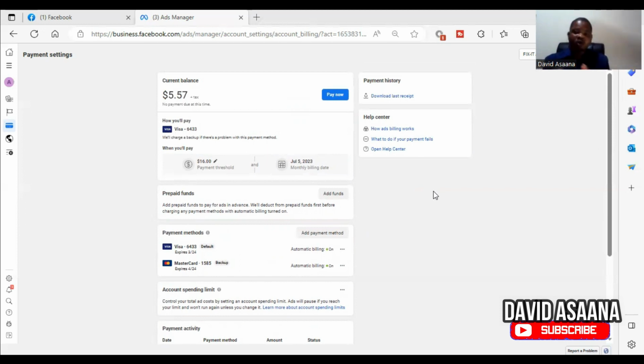So what we need to understand is that this temporary hold could be a money problem. Now, in some cases you will still have money and you try several times and it's not working. For example, I have a case where someone has like $100 on their account and Facebook is trying to hold $10, and it is still saying insufficient funds. In that case, that is a technical error. It happens most of the time. You may still have enough money, and you are still not able to get help. So in that particular case,